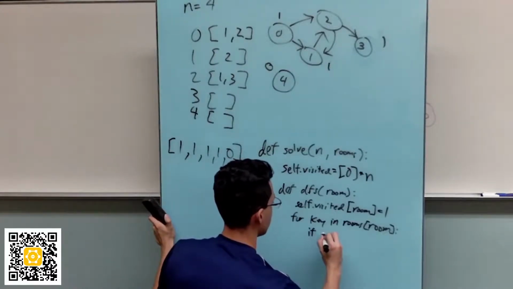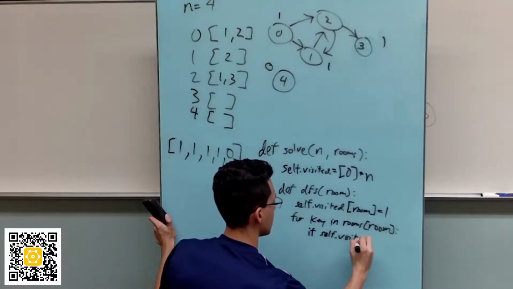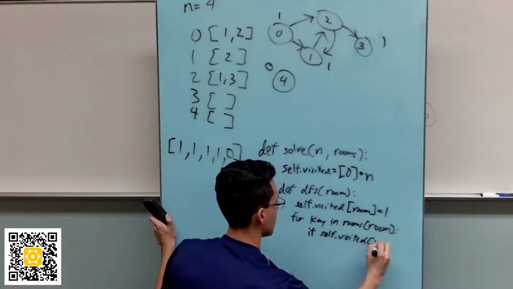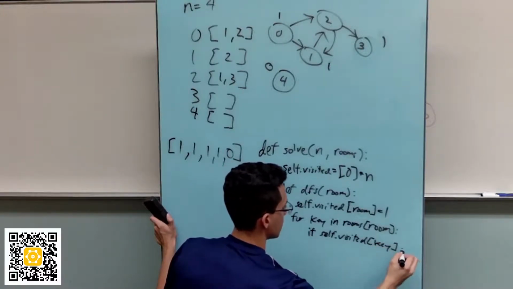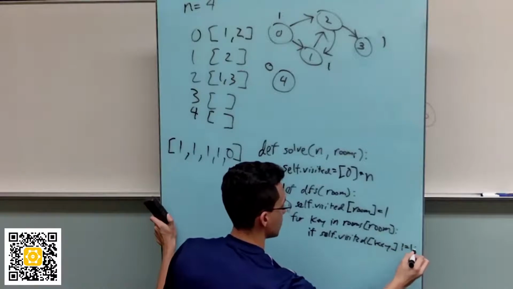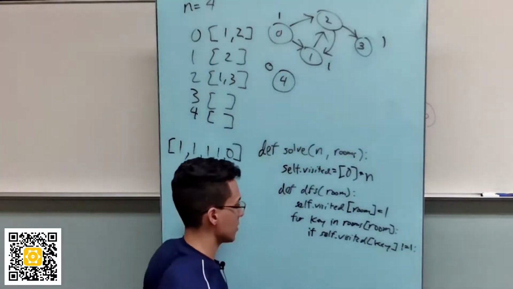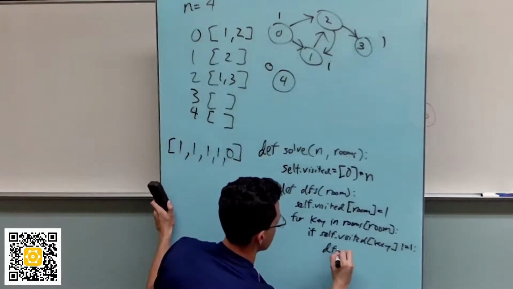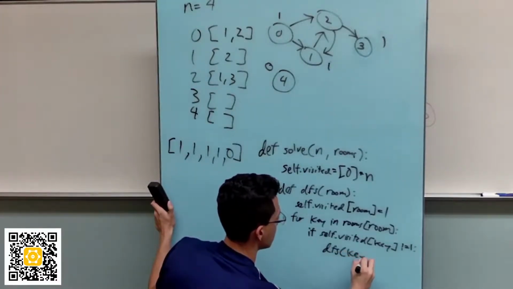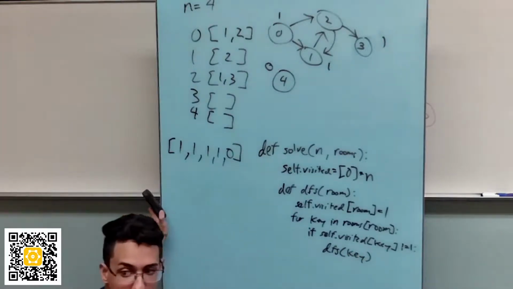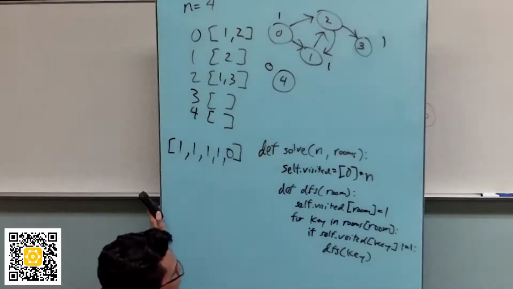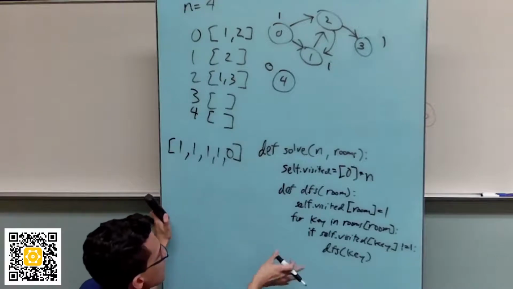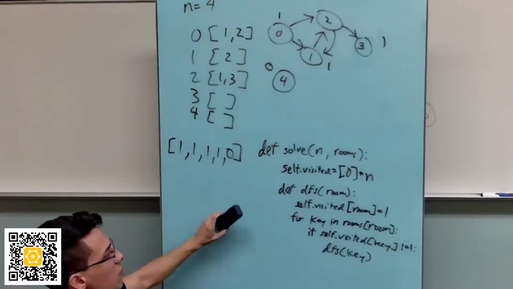So if self.visited[key] does not equal 1, or it equals 0, I'll just leave it like that, then you DFS on key. Okay? All right. So just do that. And once you escape and we're done, well, actually,